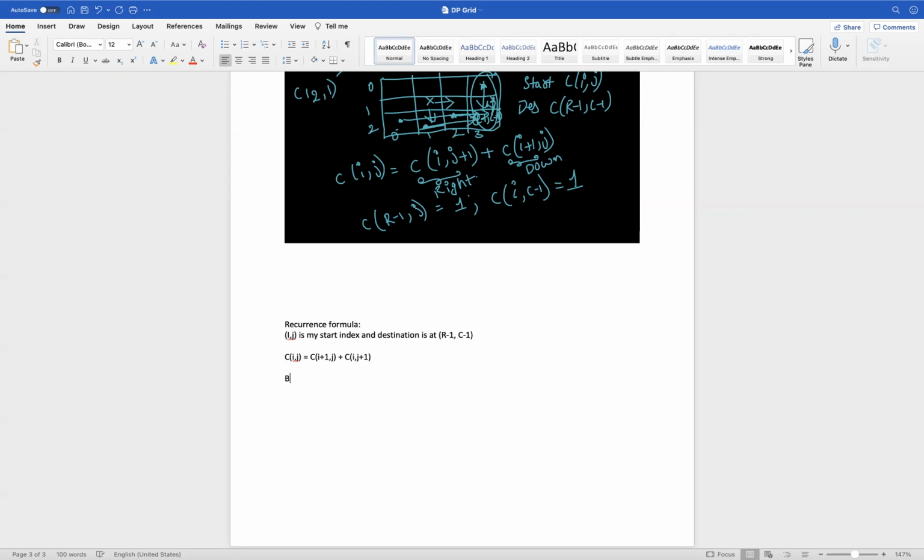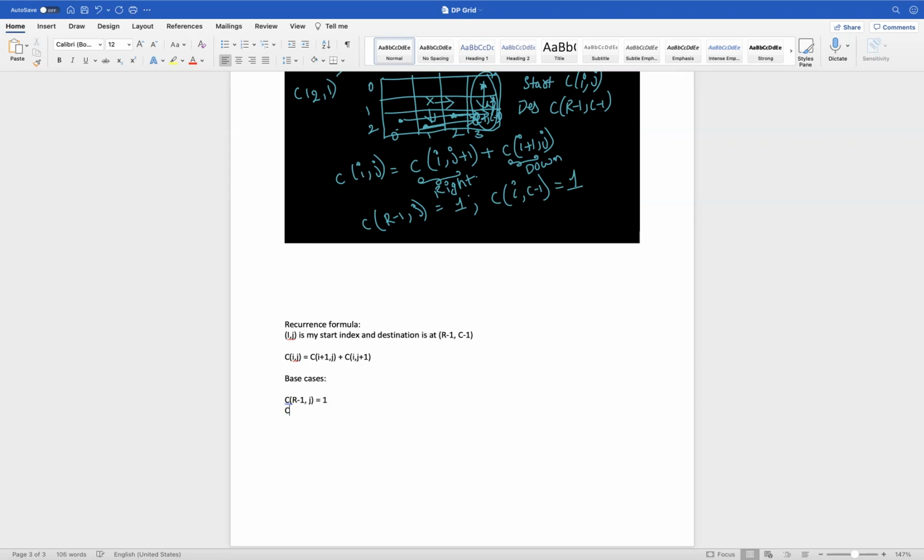So in this case, the base cases would be: for all the starting cells where I am at the last row, no matter what j is, the total number of paths would be 1.